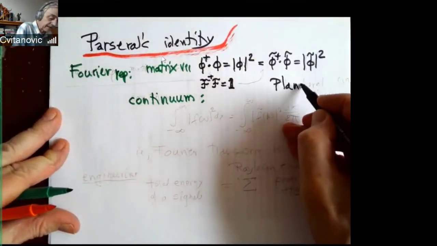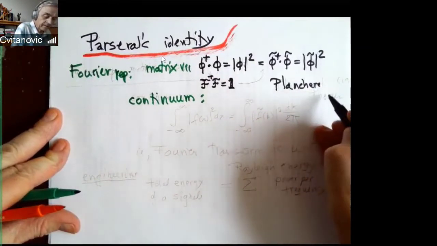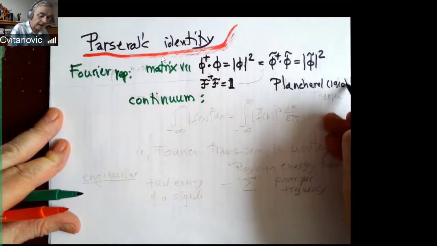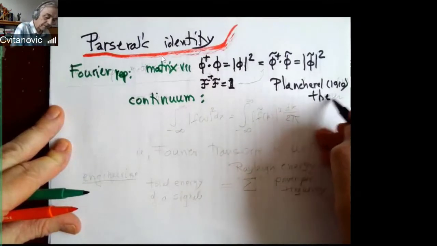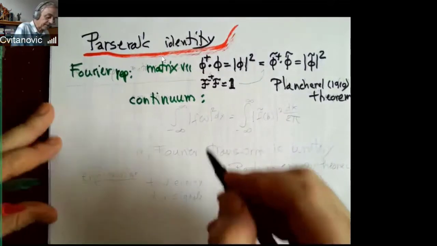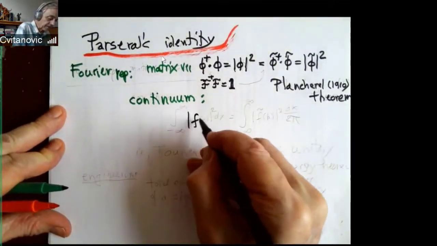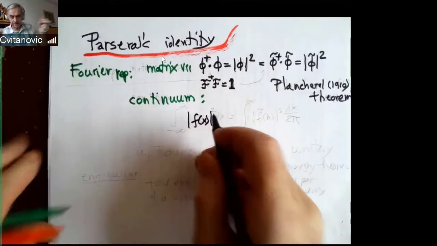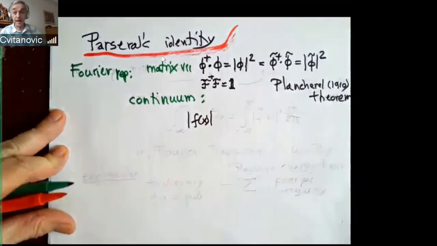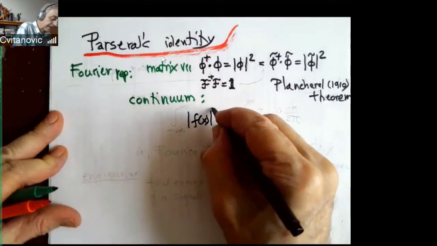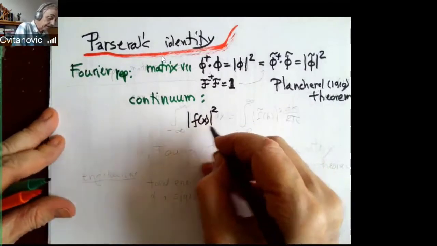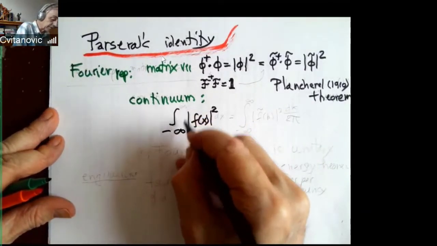And for some reason, we have to go to 1910 to rename this thing. Forget Pythagoras. Oh, it's a theorem. And what it says is, you take a continuous function. Remember, that's a generalization of a vector on very, very many finely resolved discrete points. We multiply it by its complex conjugate if it's a complex function. And that's the magnitude squared of the function. But now the function goes from minus infinity to plus infinity.